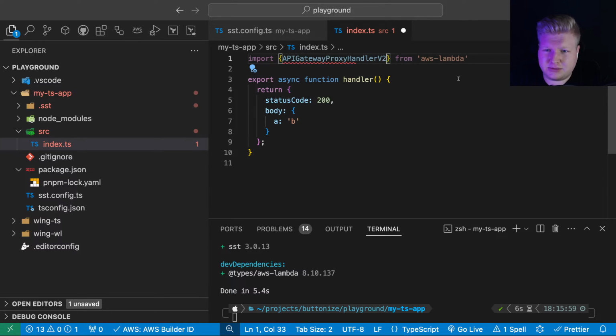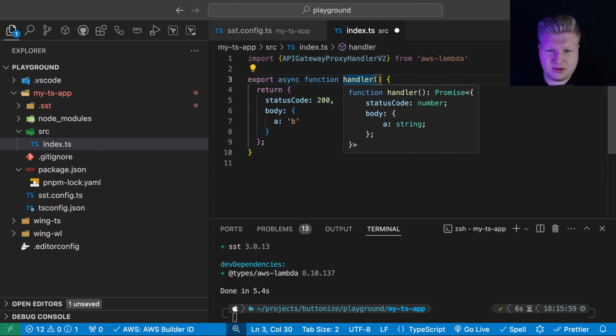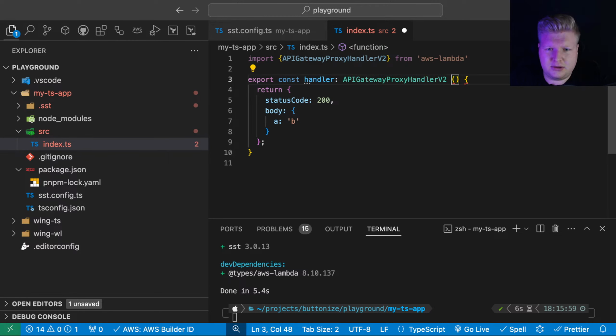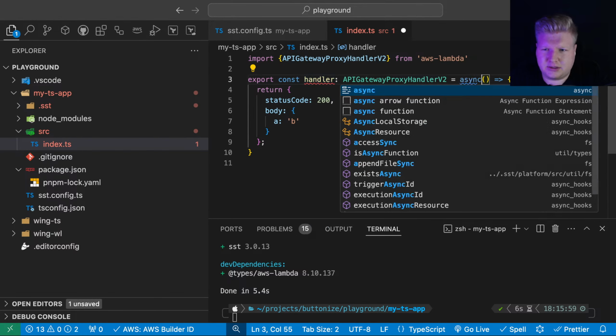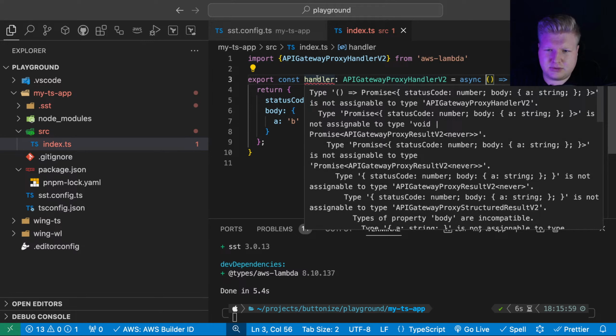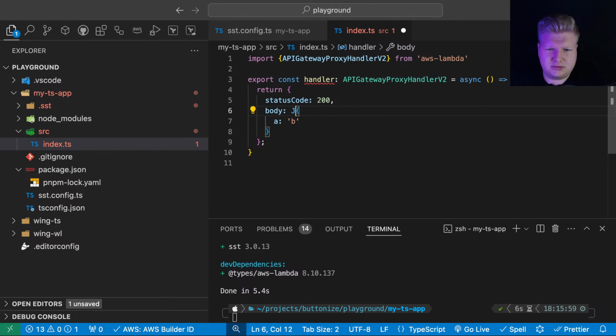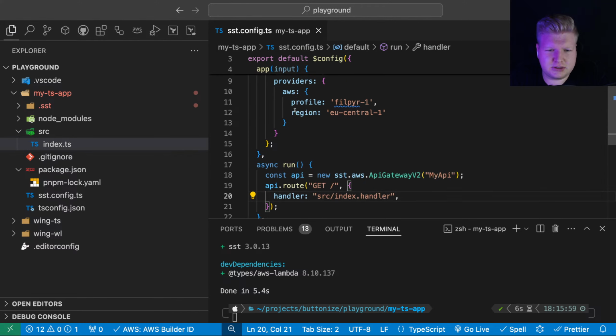Yeah, whatever. Let's put there. And okay, in that case, export const handler, like this, and async. What's the problem? Oh, JSON stringify, of course. That should work out better, I guess.